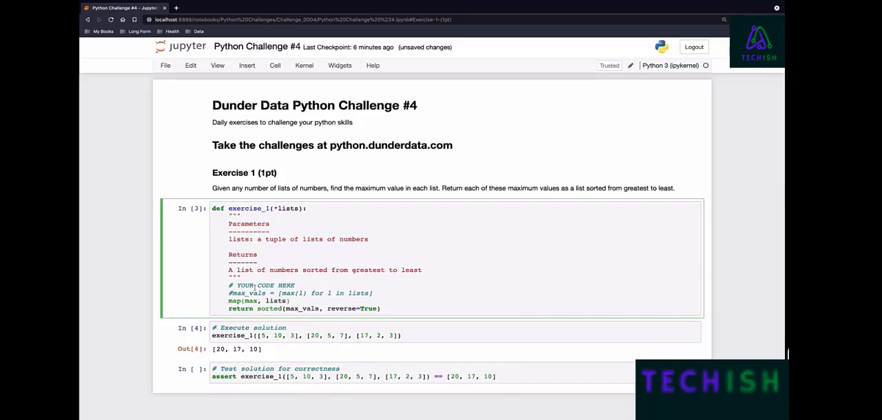So this will create that same sequence over here of just maximum values. So this is a little shortcut using the map function, but it does not return a list. Instead,